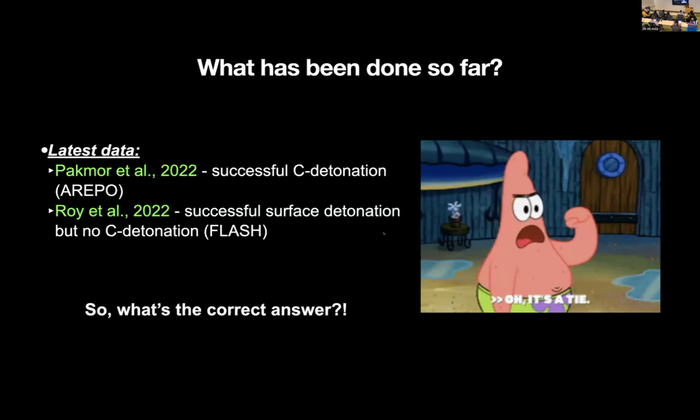In theory, you could see 4 detonations. As your primary explodes through the second detonation, it will send reverse shock waves into the secondary that can lead to a surface detonation on the secondary, which will lead to a carbon detonation inside the secondary. I don't know if it has a name, maybe a quadruple detonation. That would be fun to see. It would be a way to maybe make a whole bunch more nickel. You might be able to account for things like super-Chandrasekhar events. Absolutely, that's true.